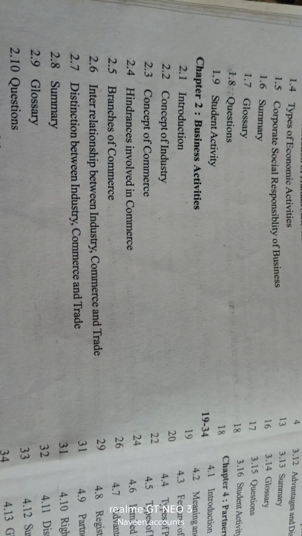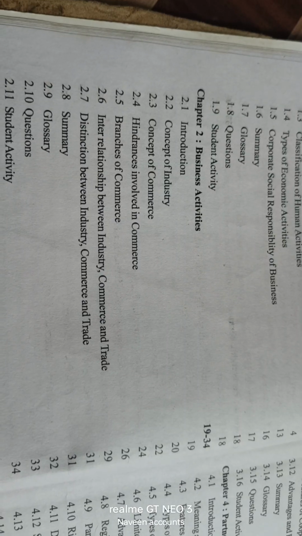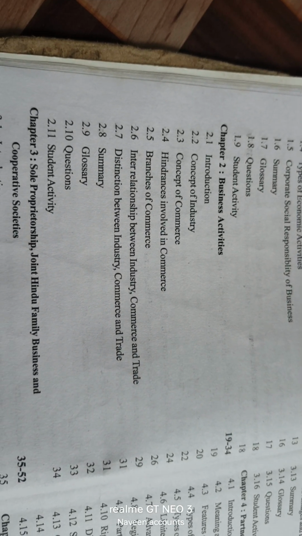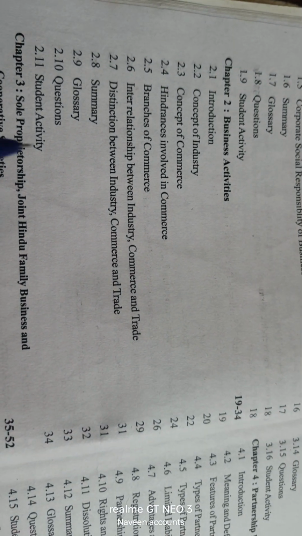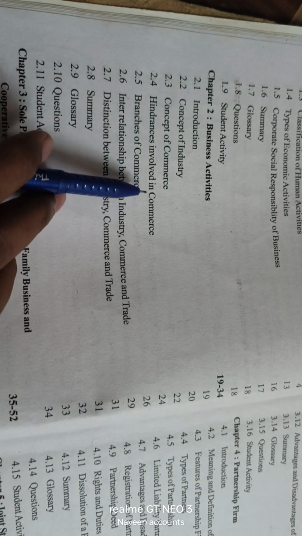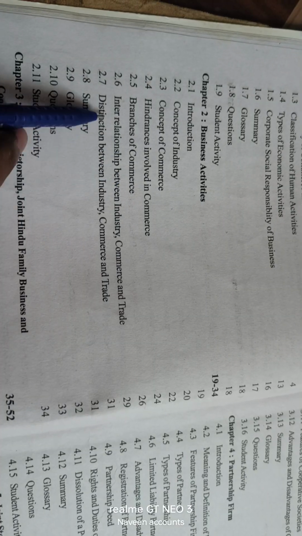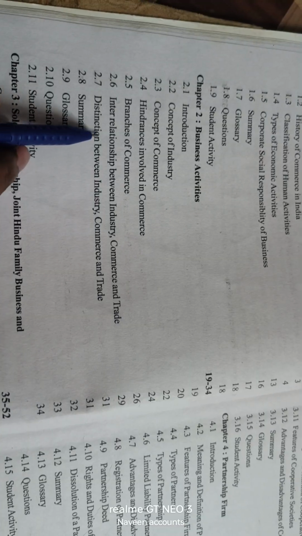So you are going to know the introduction and concept of industry, and concept of commerce and hindrances involved in commerce, branches of commerce, interrelationship between industry, commerce and trade, distinction between